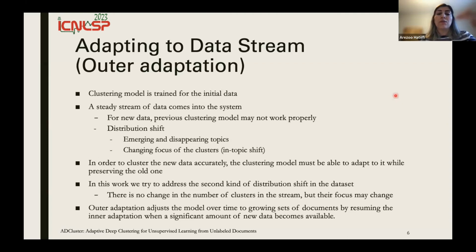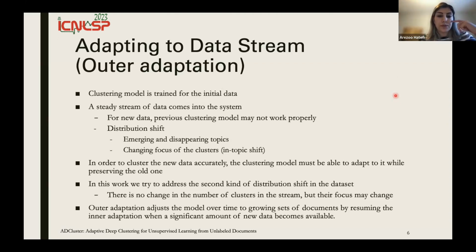That could be in the form of emerging and disappearing topics compared to the old data, or the focus of some of the topics that we had previously could change in the new data. So the model needs to adapt itself to the new data to be able to cluster that.